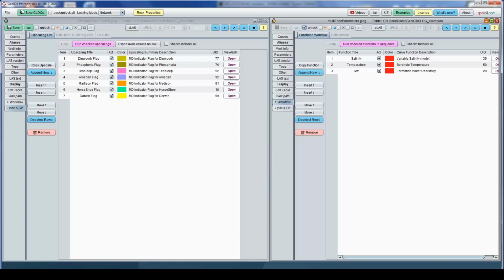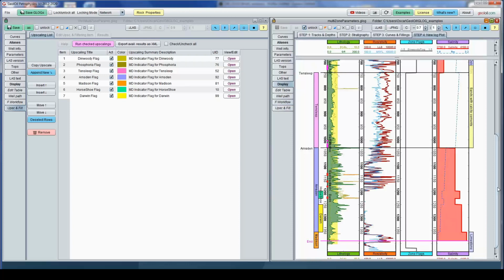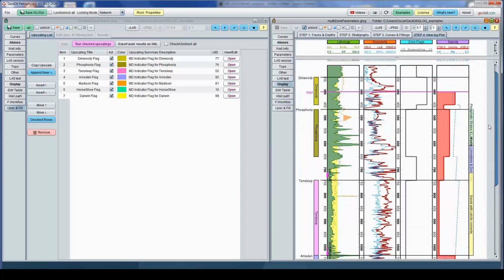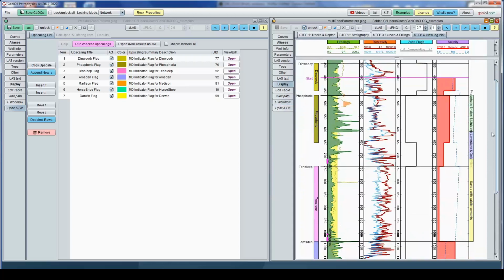Now, let's define a multizone property like salinity. In this example, we know from research data, from lab data, that we can have perfectly different salinities per formation. That is quite typical. Different environment, different geology, different water migration, dissolved minerals, whatever. This is the correct way we should model. So now we have to define a function to define salinity. There are several ways to do that in YOLOIL. We're explaining now probably the best way, the most compact way, easy to understand. But there are many ways you can handle YOLOIL.